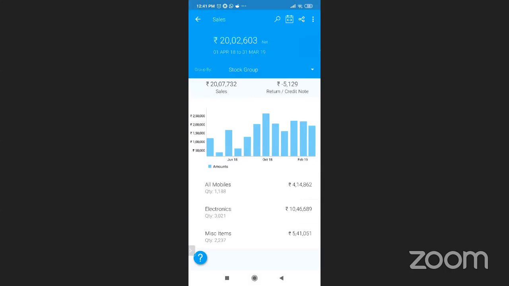So what does this help you do? Basically, it gives you a clear idea of what is happening in your business and what areas need more attention, how to fill these gaps. By assessing your sales performance, you can already decide how to perform better, how to strategize better to get more out of your business.